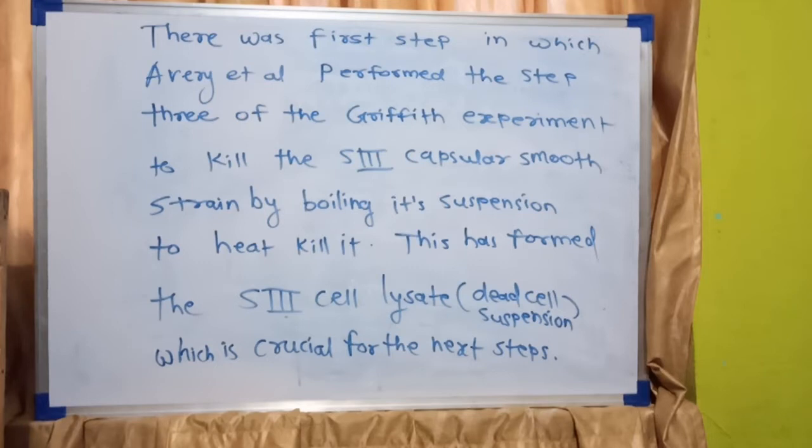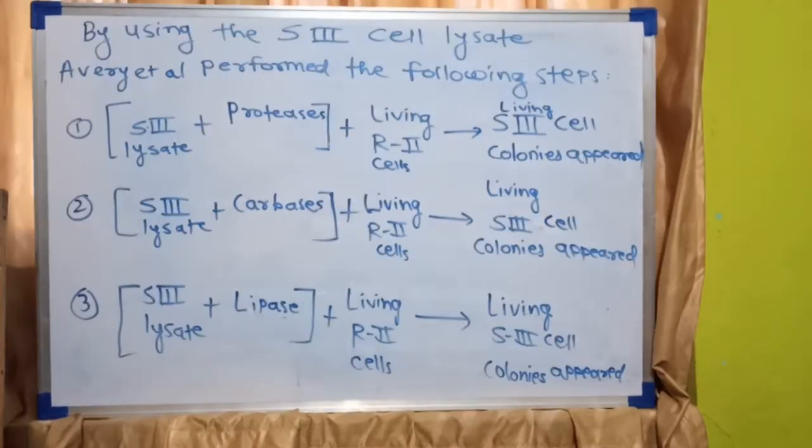So as you can see, Avery et al. performed the third important step from the Griffith experiment, that was to kill the S3 by heat and form its lysate. By using the S3 cell lysate, which was heat killed S cells, Avery et al. performed the following steps. In the first step, they took some S3 lysate suspension, added to it proteases to destroy the protein in the S3 lysate, plus they added the living R2 cell suspension